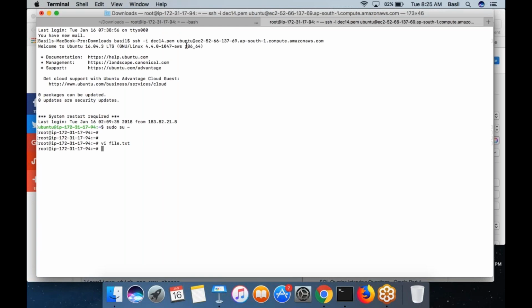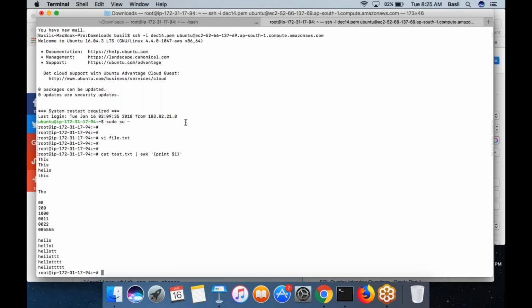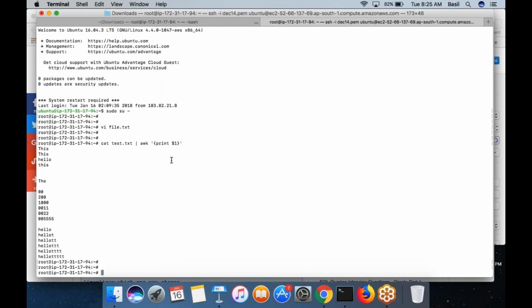You can run the awk command this way, or you can run the awk command followed by the file name. That's also a valid syntax, just like you do in grep.